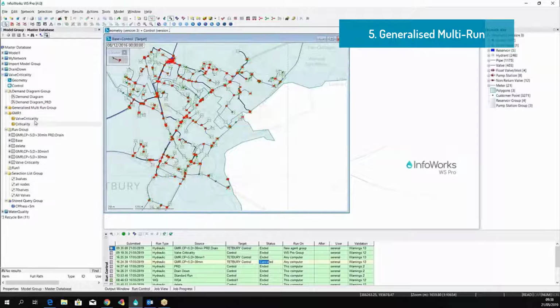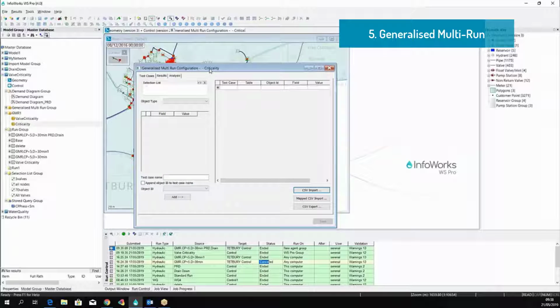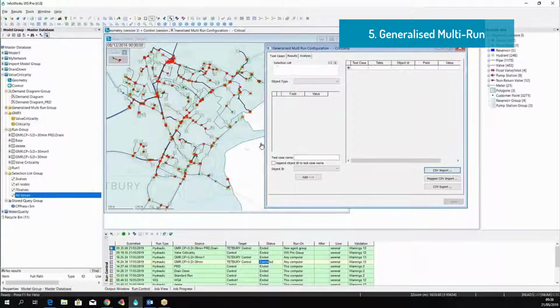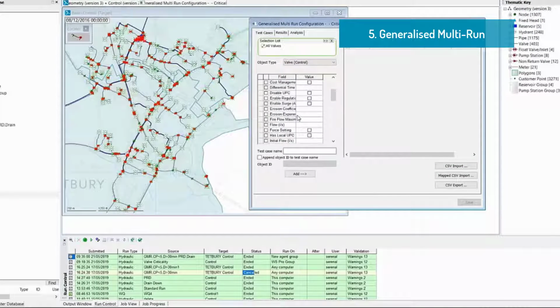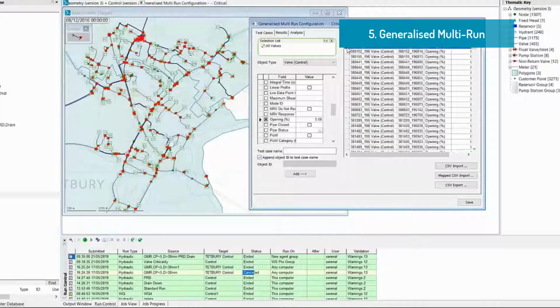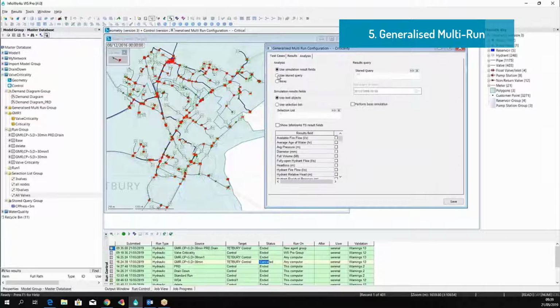In this example, we are going to assess the criticality of the valve. This wizard allows us to choose a selection of pipes or valves, like in this example, and change the control for this specific object in the selection. In here we're going to change the opening and set it to 0. So you can see that we have a long list of pipes here that we are going to simulate the